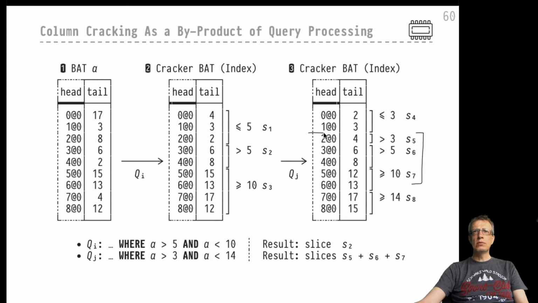If this makes for the entire result of our query QJ, then that would be just a particular view of the crackerbutt index, a view that will disregard everything above this border and would disregard everything below this range border, and everything inside here in this slice would be considered part of the result. We could just generate a view of the crackerbutt index, a view that would start here and a view that would end here, and would disregard all the rows outside these particular view rows,